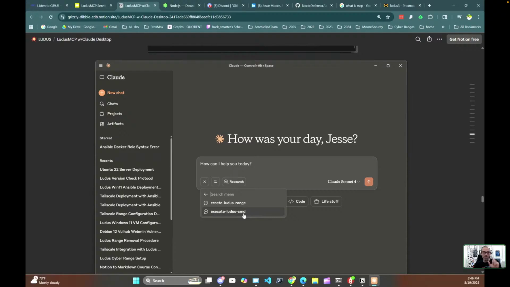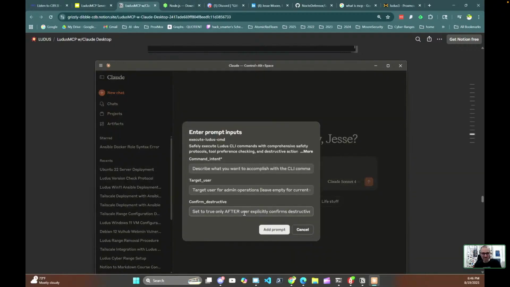But I'm going to use it just to show you the prompt that it does, because there's some prompting that this comes with, some specialized handling of what you put in the chat. So I'm just going to put that in there. And then here's the prompt input. So like command intent, let's say,